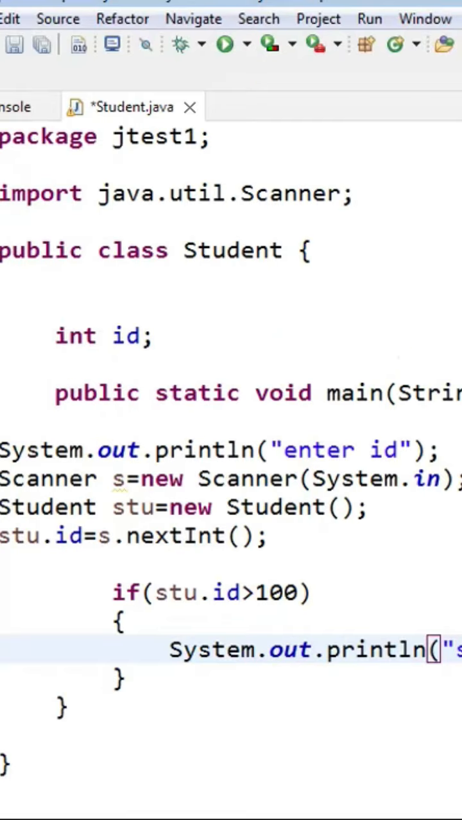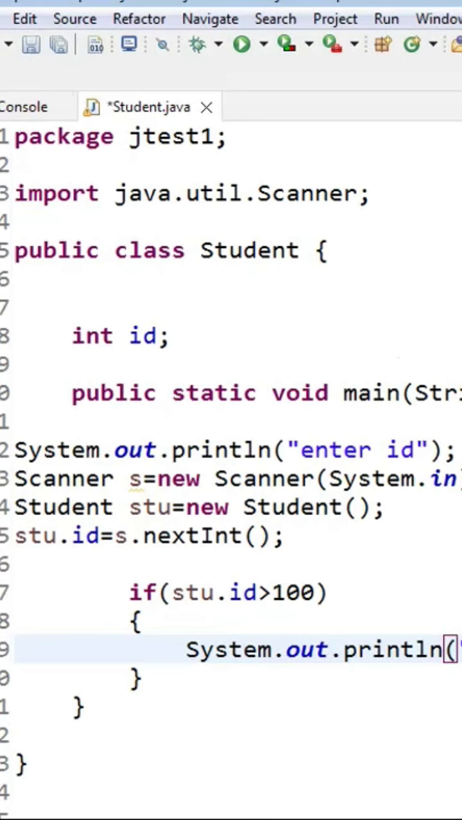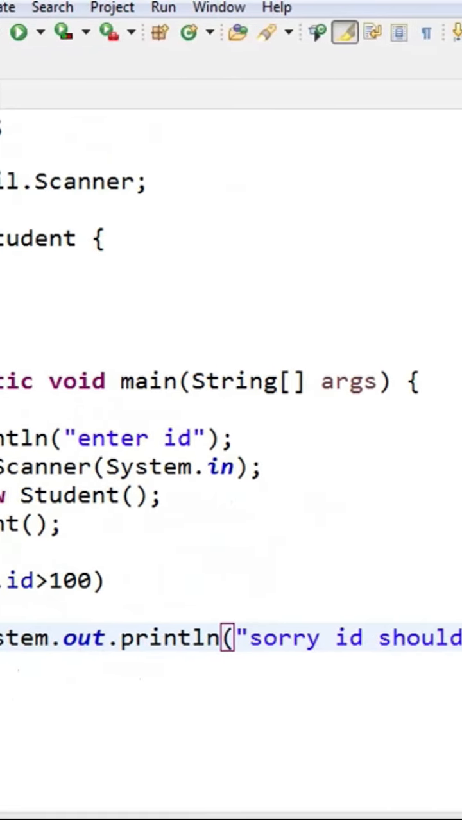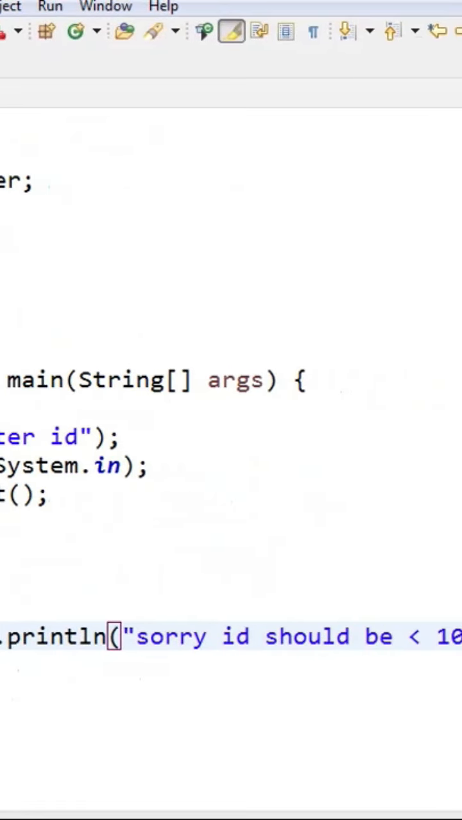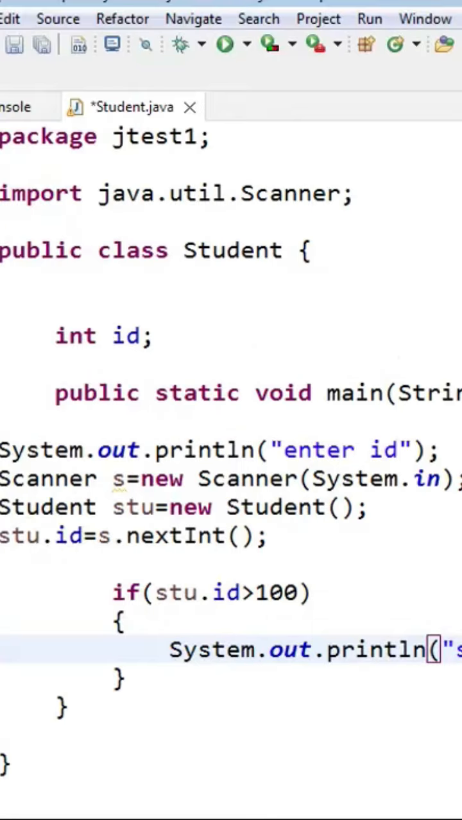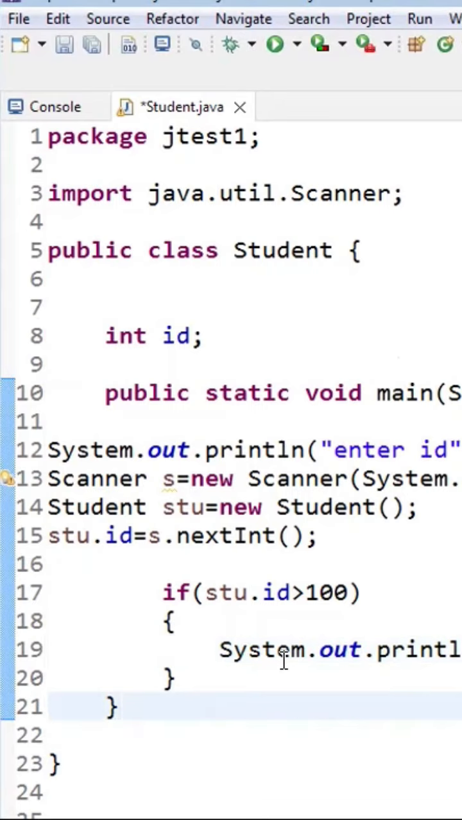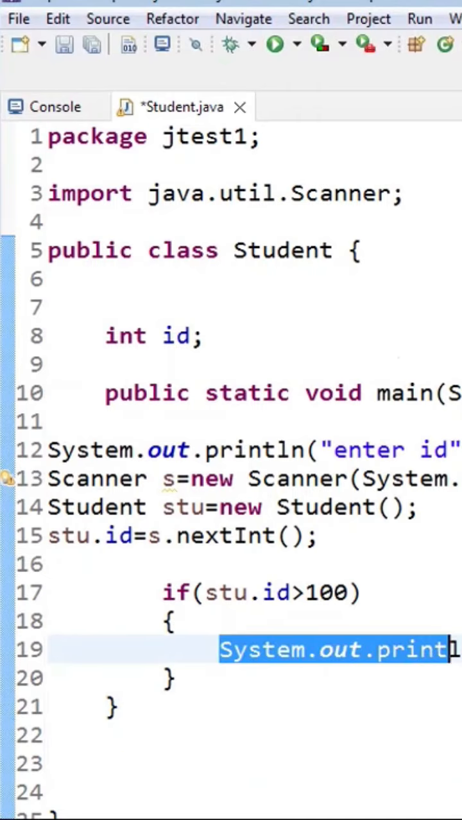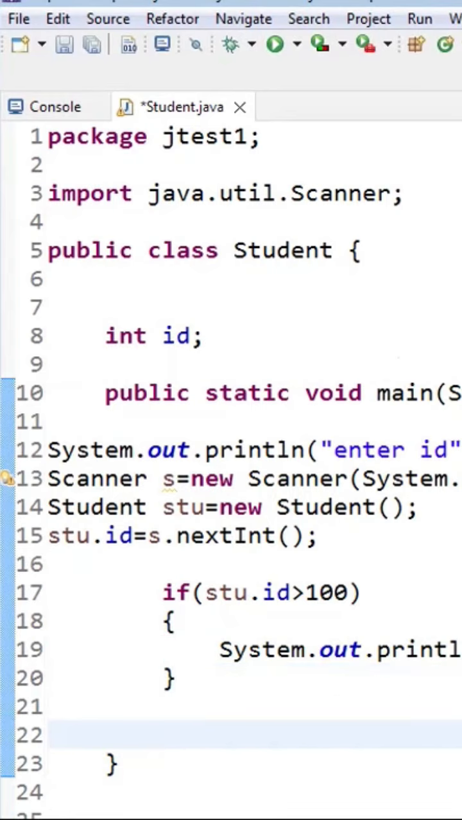So I am giving if student ID, that is stu is the object of student class here, stu.id is greater than 100, then I want to print "Sorry, ID should be less than 100." So this will be printed only when the ID is greater than 100. If ID is less than 100, I want to just print directly the ID. So after the if block, I will be printing the ID. So ID is